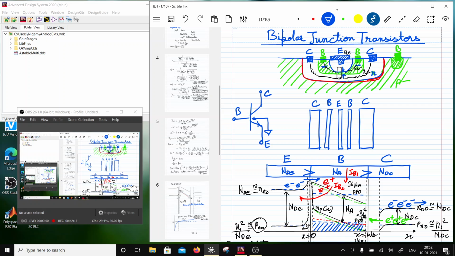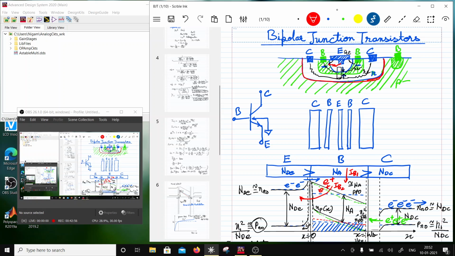The real base is over here, right? So this is the real base, and this is going to be the connection to the base. Now the least resistance between base and emitter is going to be to the periphery. So most of the current is going to be crowded on the periphery rather than the area. So this resistance is much smaller than, for example, the resistance to the center of the base. So that means that most of the current is going to be crowded on the periphery of the emitter junction,